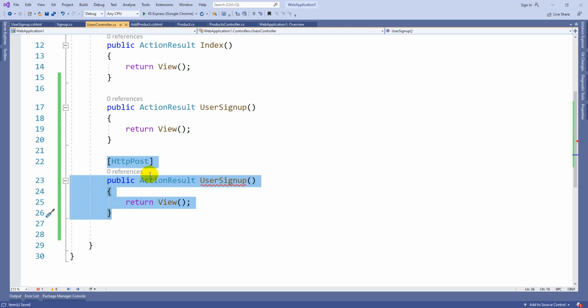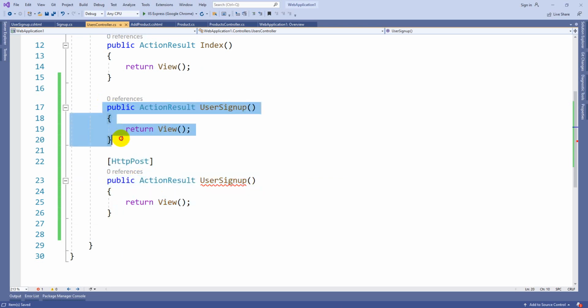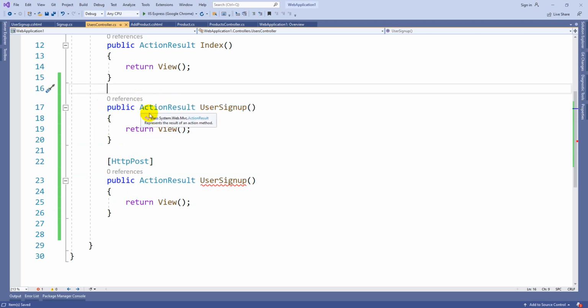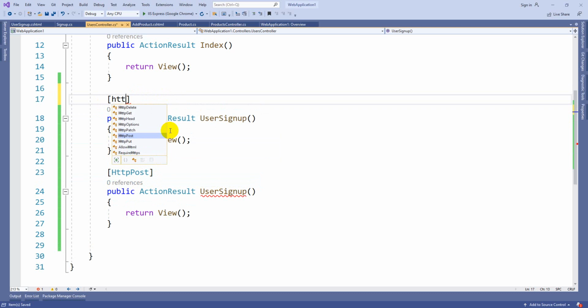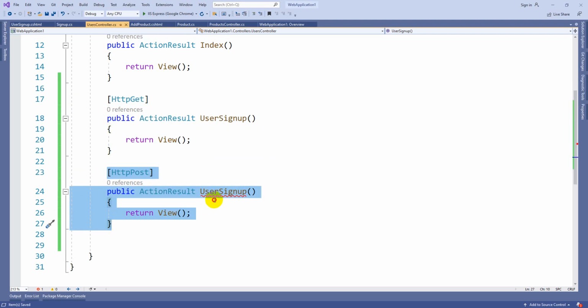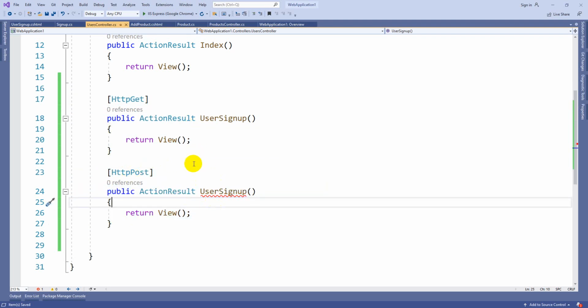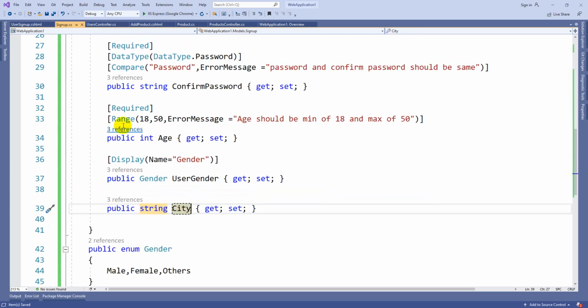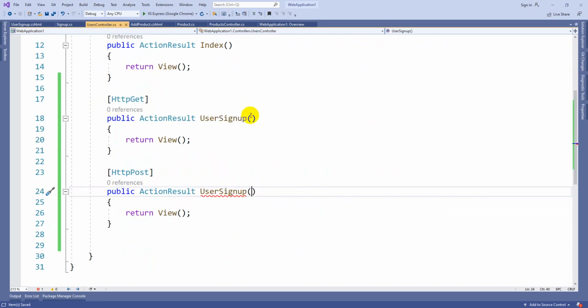Whenever you are submitting the data, this method will get executed. Whenever you are loading from the user URL, this is getting executed. This is the get method. Even if you are not specifying HTTP get, this is going to get executed. So it works for the get method, it works for the post method. Whenever it is a post method, that means you are going to submit some data, right? Then you would need to write it like this, whatever the properties are: int id, comma, string name, like that you need to write all the properties of the class.